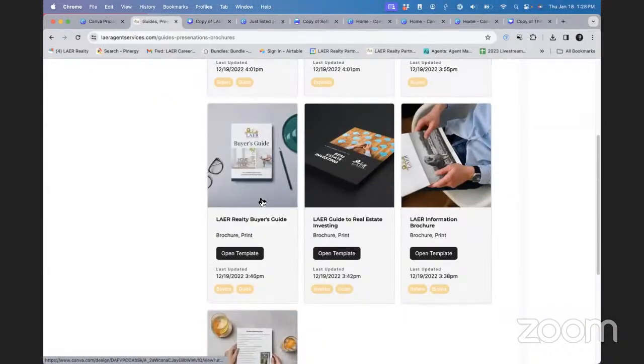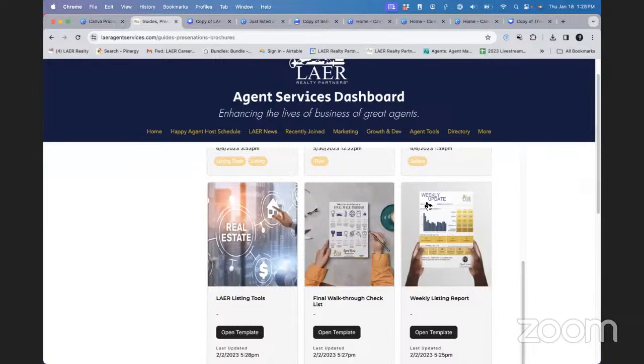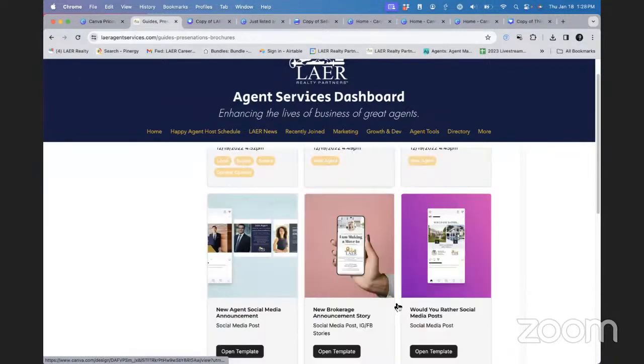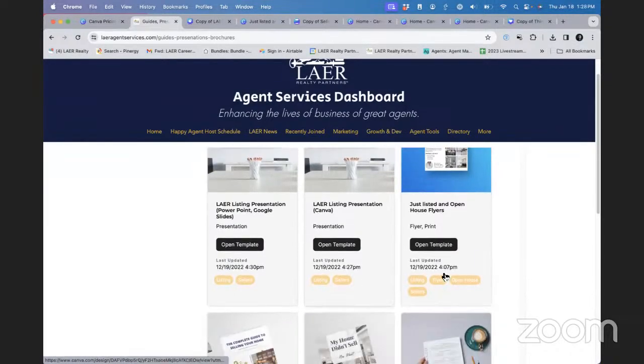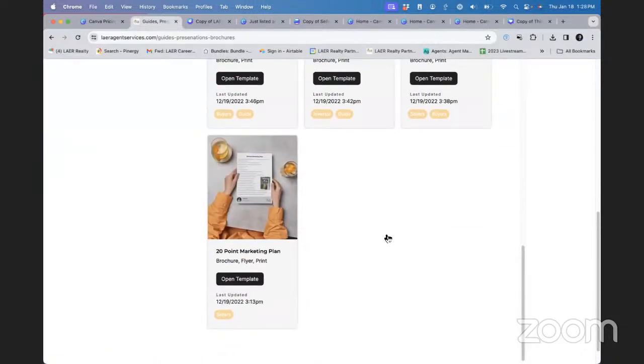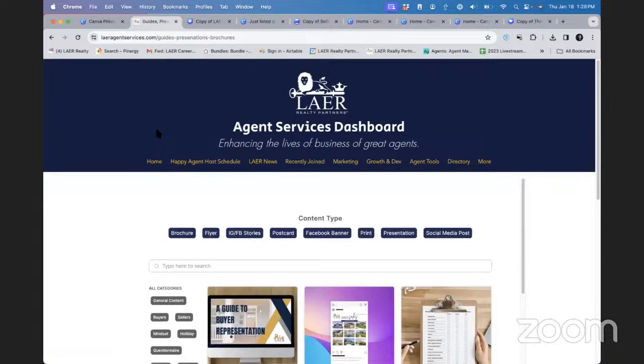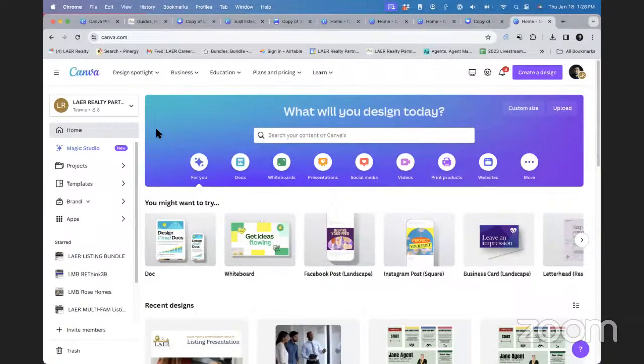Okay. So last thing, again, check out this Layer Agent Services guides, presentations, brochures. Just go through all of these. These are all branded for Layer. You can use these however you want. You don't have to use them exactly as we use them. You can add to them, you can remove from them. But if we go back to Canva, you do have access to tons of other